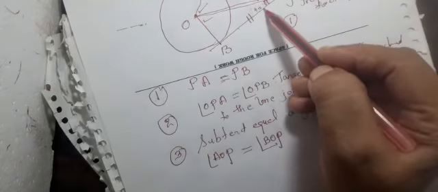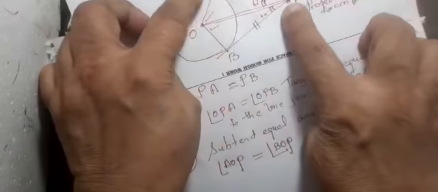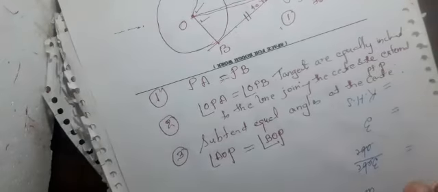They are equally inclined and now they subtend equal angles at the center. Means what? AP, that length of the tangent, AP is joined to O here. Means in the figure, AP is joined to O, B and P are joined to O. So that time angle AOP is formed there, BOP is formed. Those two are equal. That is the meaning. So they subtend equal angles at the center. Okay children, did you follow?